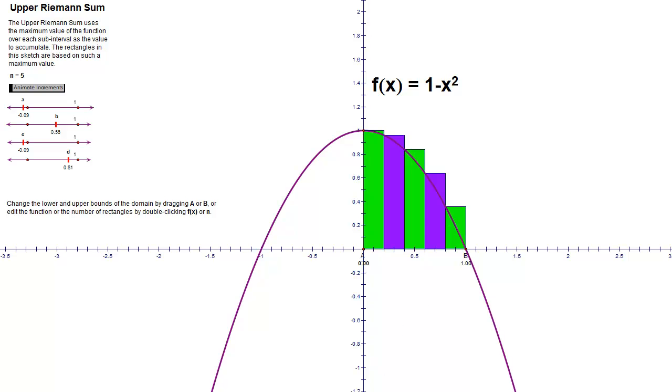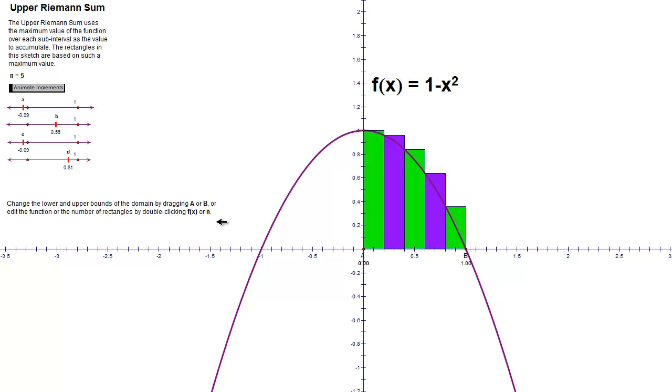Okay, if you watched the previous two videos, we got an upper sum of, I believe it was, oh goodness, I want to say it was 19 over 25. And the lower sum was 14 over 25. So the upper sum you can see is just slightly bigger than the lower sum. Now we want to know what's the actual area under the curve, and you can get a visual of this